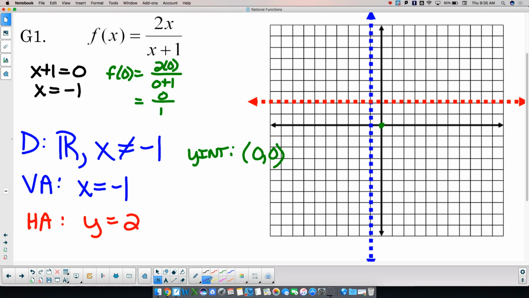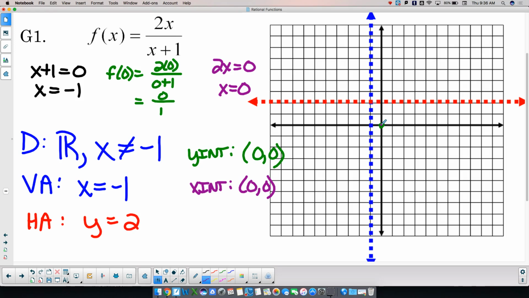X-intercept. How do I find the x-intercept? Set the numerator equal to 0. So 2x equals 0. So x equals 0. So my x-intercept is 0, 0. It's the same thing. With me so far? Our next step, which actually is the 7th step, and the 7th step is, now I'm